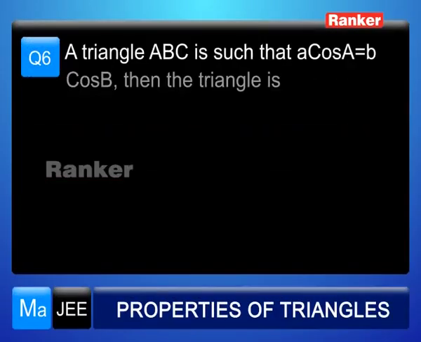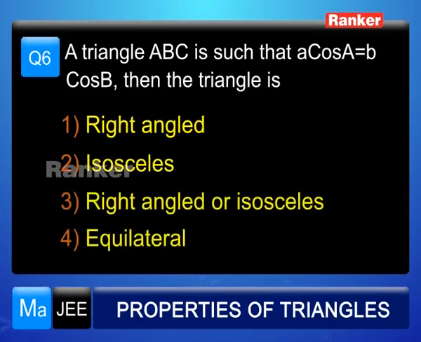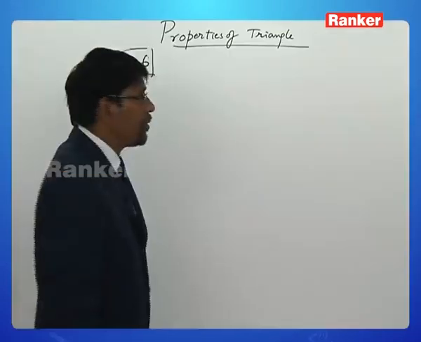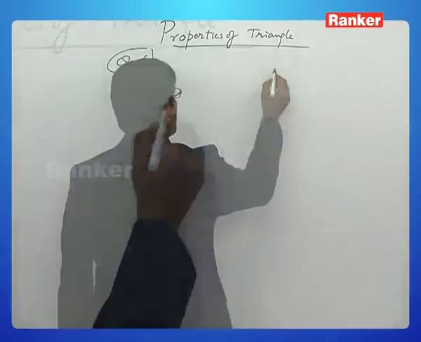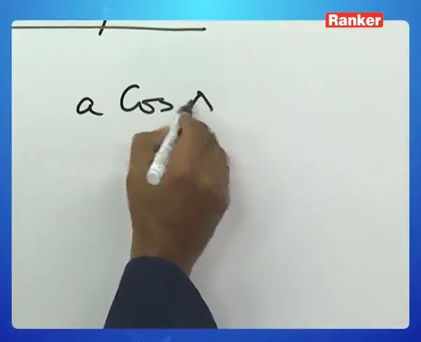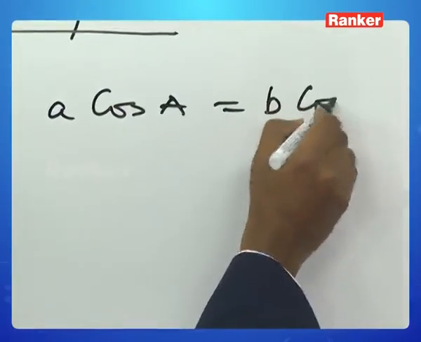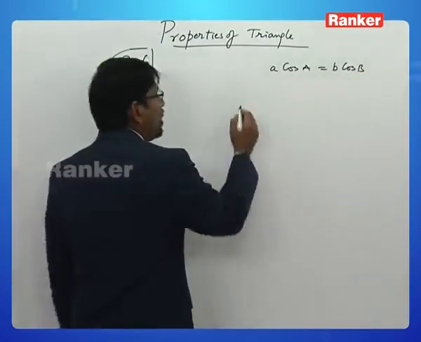Question number 6. A triangle ABC is such that a cos A is equal to b cos B. Then the triangle is: first, right angle triangle; second, isosceles; third, right angle or isosceles; fourth option, equilateral triangle. Here a cos A is equal to b cos B. That's what is given to us. We know that